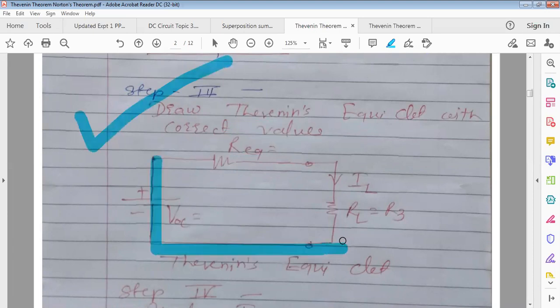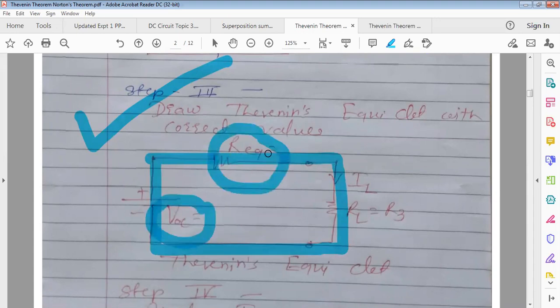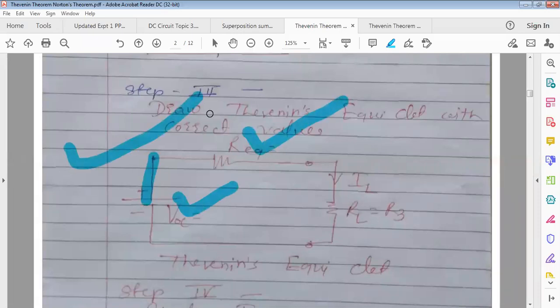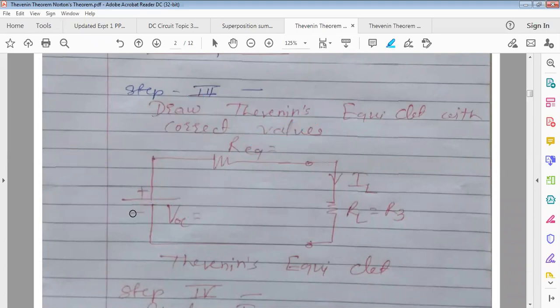Whenever you draw the circuit, the values of voltage and resistance must be correctly calculated. Then only you get marks for this step in a subjective type of exam. But yours is objective type, so now you only have to take the correct option. But otherwise, in a subjective type of exam, only if this and this value are correct would this step get marks, otherwise not. Okay. So here we got the value VTH, and RTH and RL are already given. So the third step is to draw Thevenin's equivalent circuit.